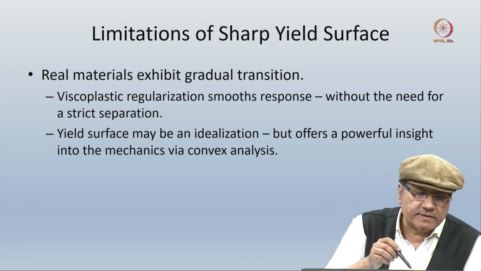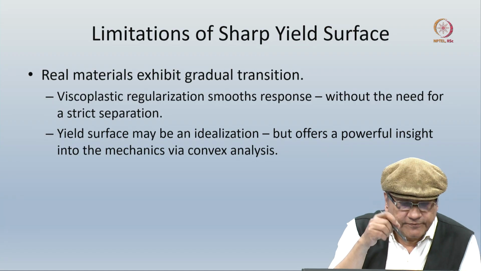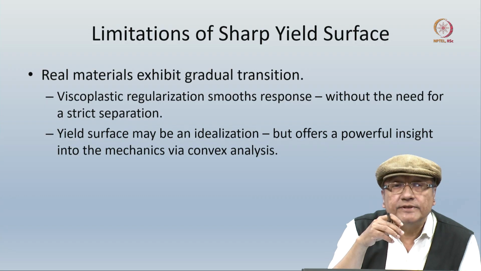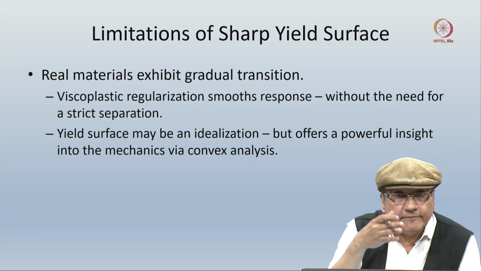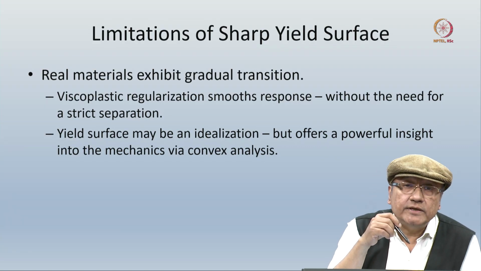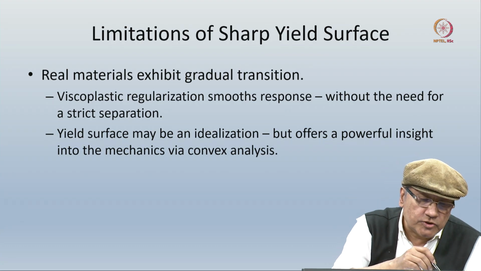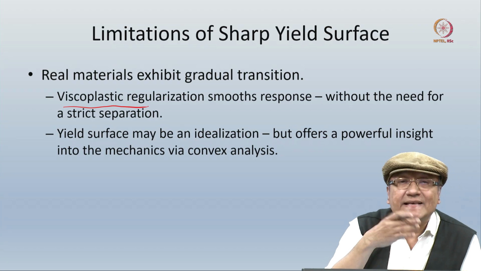In such cases, there is no problem, but for many problems in which stress relaxation is really a factor, we should not be working with yield surfaces. We should actually be talking of a viscoplastic